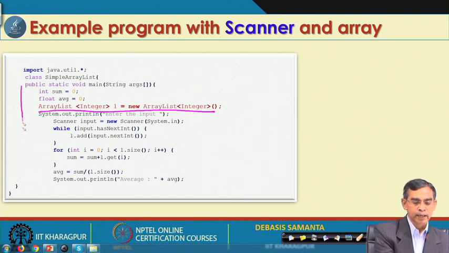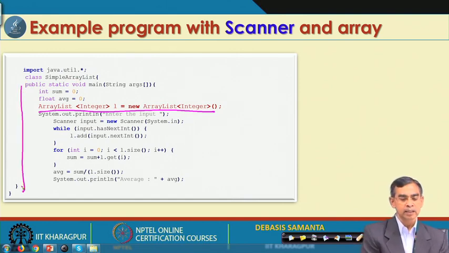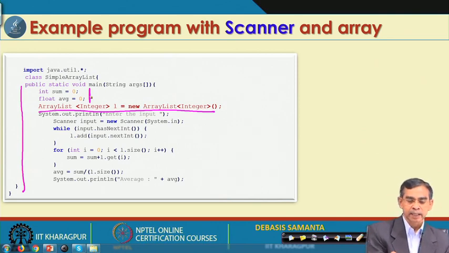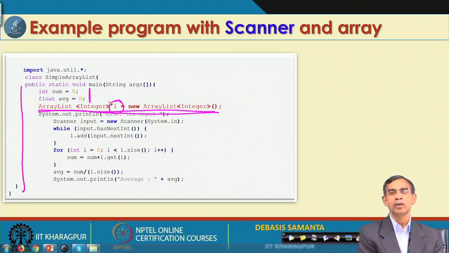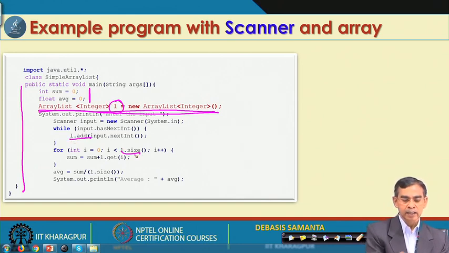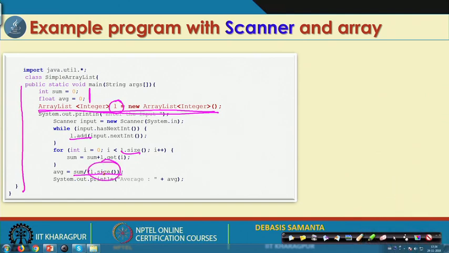So, this is again simple code, the main method, and obviously there is no exception point there, but here is one point of exception: if the ArrayList L is not built properly or not created successfully, then an error occurs here, here, and here. Also, another error occurs at L.size.